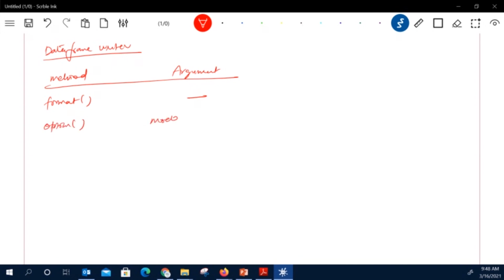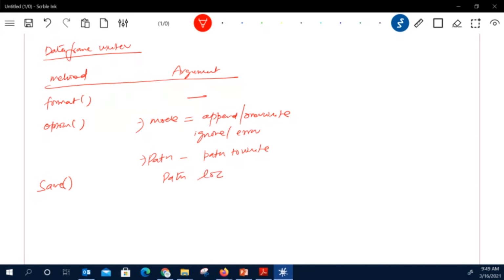In the option we have mode: you can use append mode, overwrite mode, ignore, or error. In option you also need to mention the path, where you want to write. The third method is save, which saves to the location, or you can use saveAsTable, where you need to mention the table name. So this is about the data frame writer.